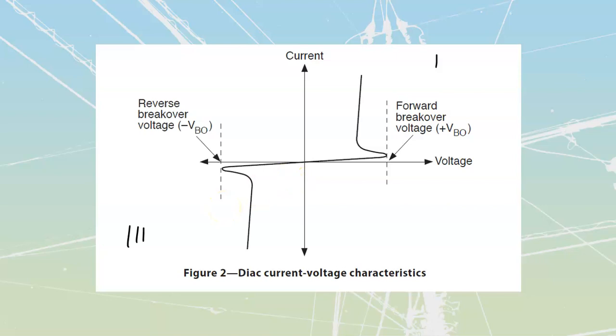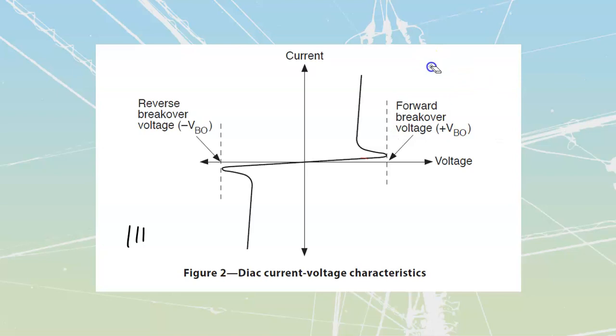If I take a look at the characteristics, I see that as I increase my voltage, this is my voltage going up over here, I'm seeing only a tiny rise in the amount of current, right? Here's the current, it's kind of just rising a tiny little bit. And this region all over here is going to be leakage current. It's a solid state device, there's always going to be some leakage that's going to happen inside of it. But then I get up to this point that I hit my forward breakover voltage, my positive VBO, and